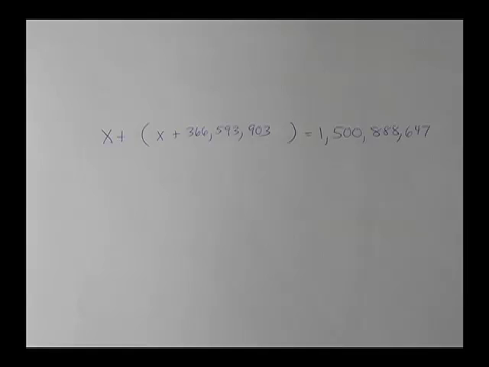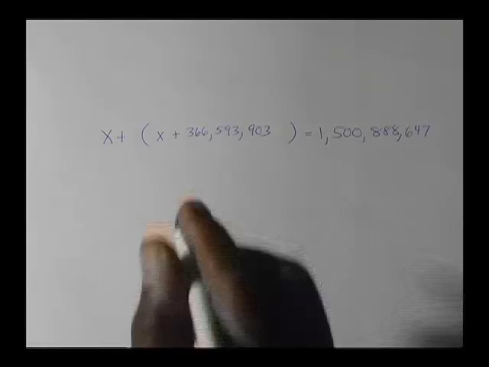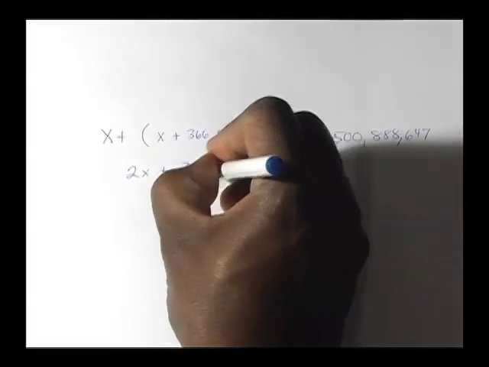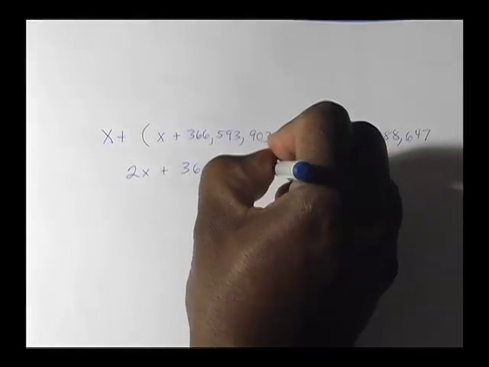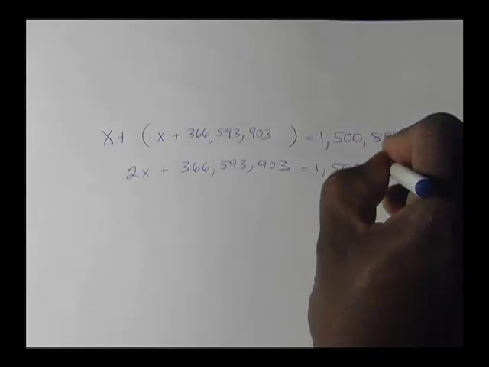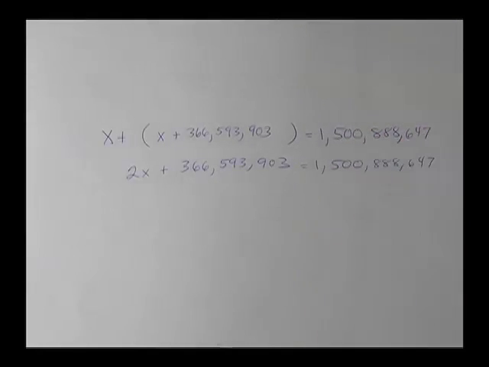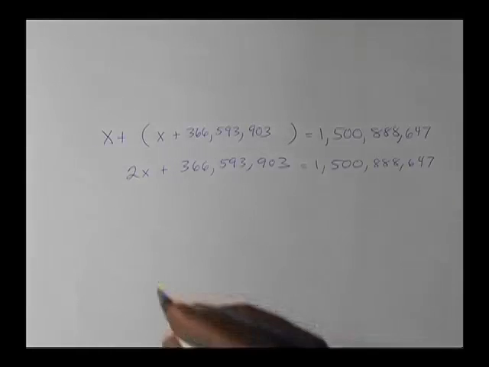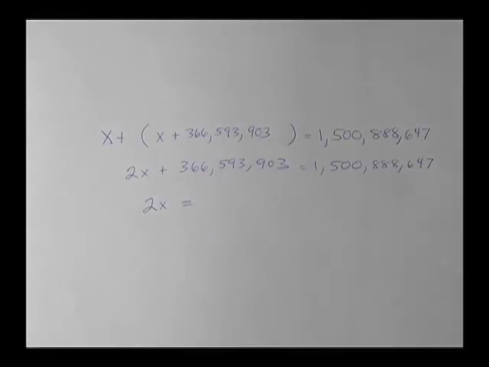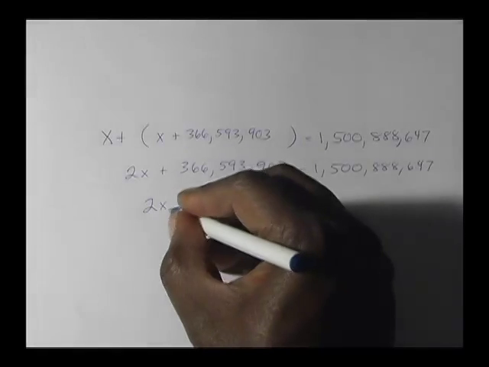Numbers are a little big, but the ideas still hold. For substitution, we're given one of the equations already solved for one variable, and we're plugging it into the other equation. Now let's solve this. Combining like terms, we'll have 2x plus 366 million equals the 1,500,000,000. Subtract the 366 million from both sides. And let's see what we get. We get 2x equals